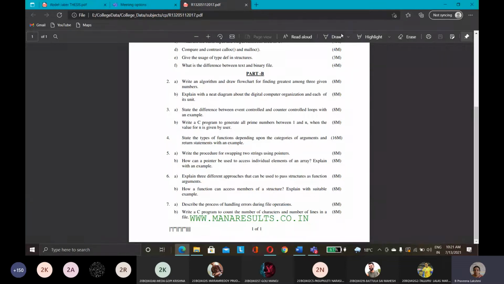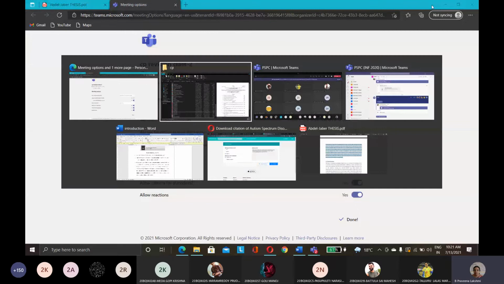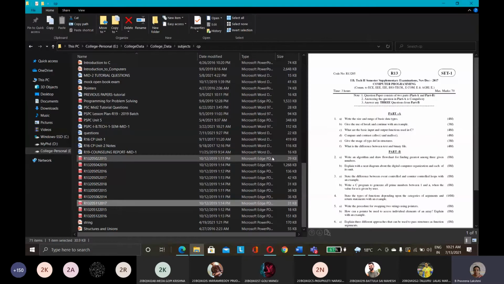So there is no question on arrays in this, but don't think that you cannot get any question on arrays. You'll get questions on arrays, two questions, because one can be related to normal arrays and one can be related to strings, since strings and normal arrays are both arrays. So you may get one question from strings and one from normal arrays. Okay, now I will go into the regular topic.